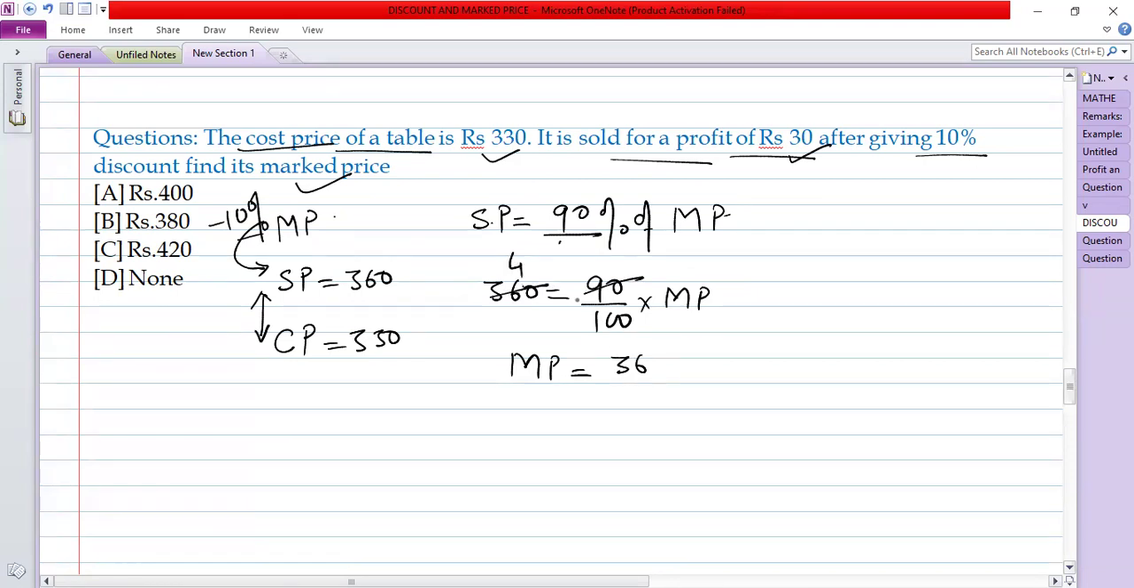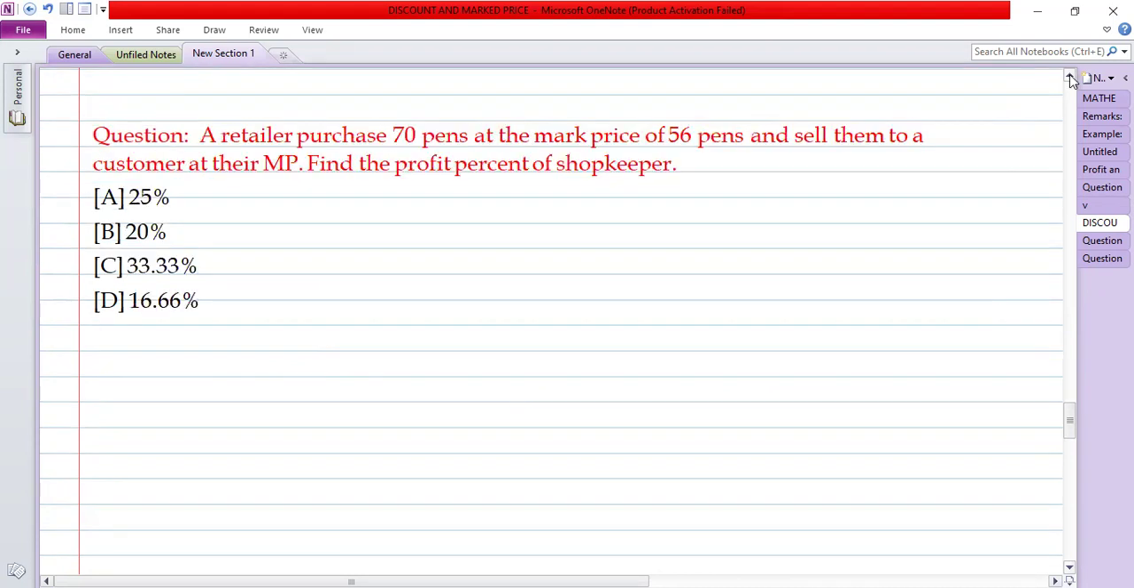So actually this 100 will go to this side. Okay. So that will give us 400 rupees. Okay. So answer option A will be correct. So here,